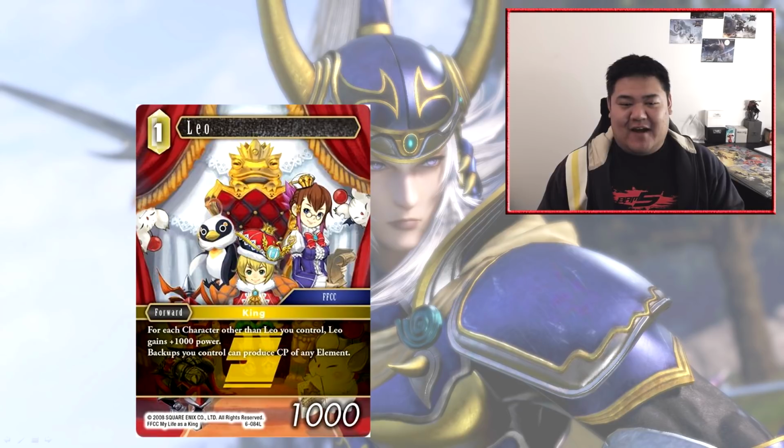And finally, the last card of the set, we have Leo. It is a 1 CP forward at 1,000 power. For each character other than Leo you control, Leo gains plus 1,000 power. Backups you control can produce CP of any element. So